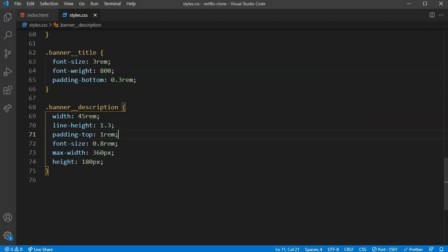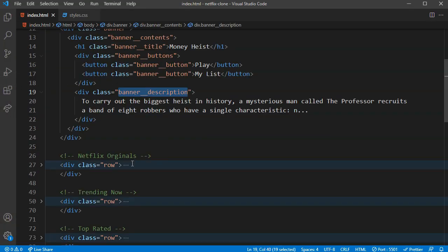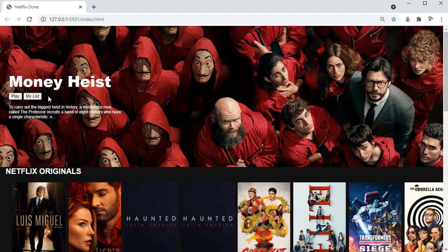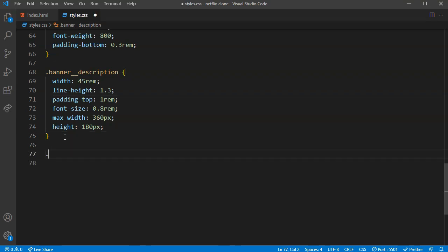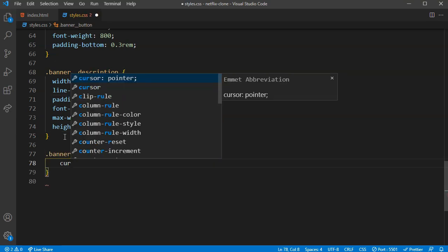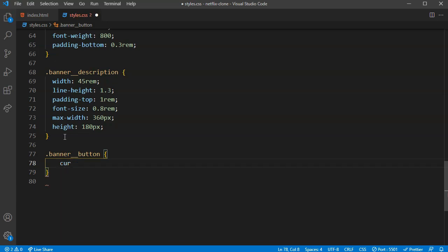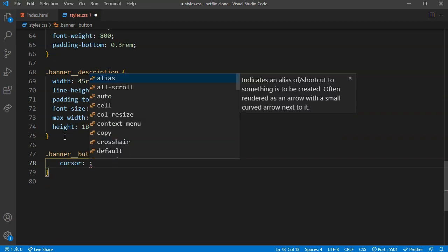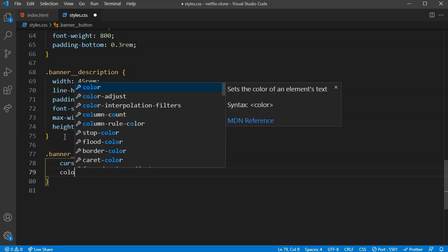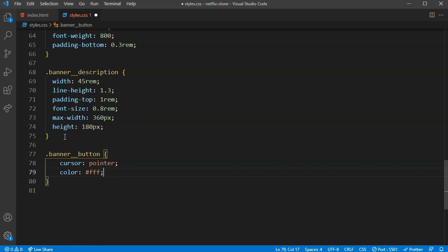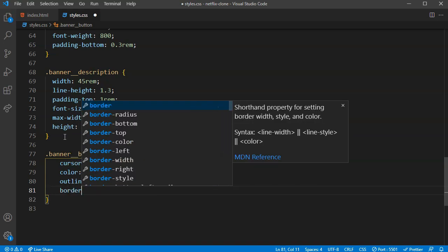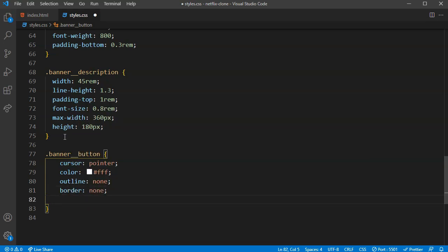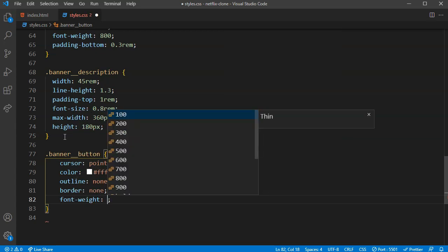Okay, now let's target those buttons, right? As you can see, these are looking very ugly. We need to fix that too. So over here, let's copy this class name to target banner button. I'm going to set the cursor to pointer, color to white. We are not going to have an outline, so let's set it to none. We are not going to have any border, none. Font weight 700,